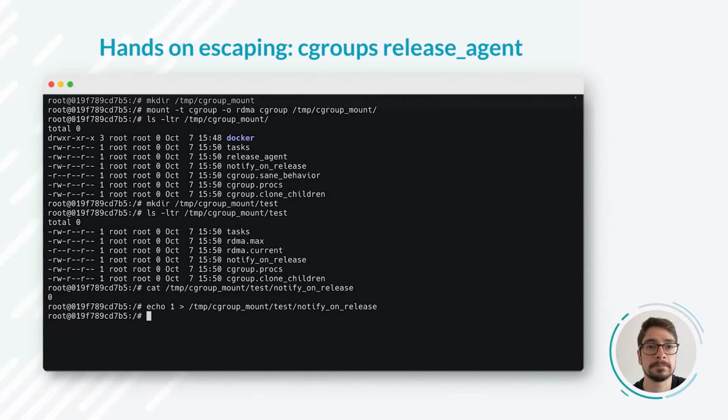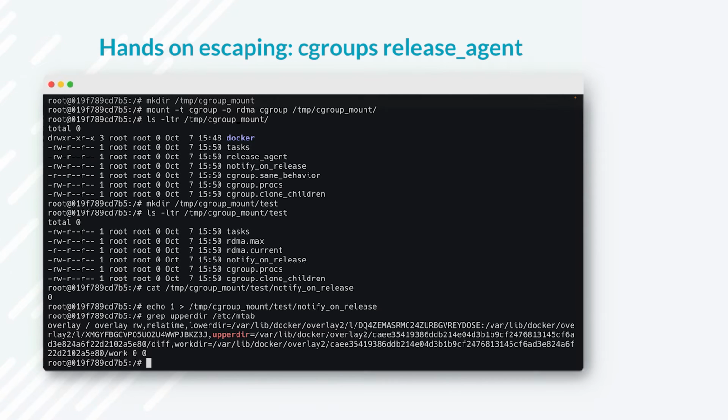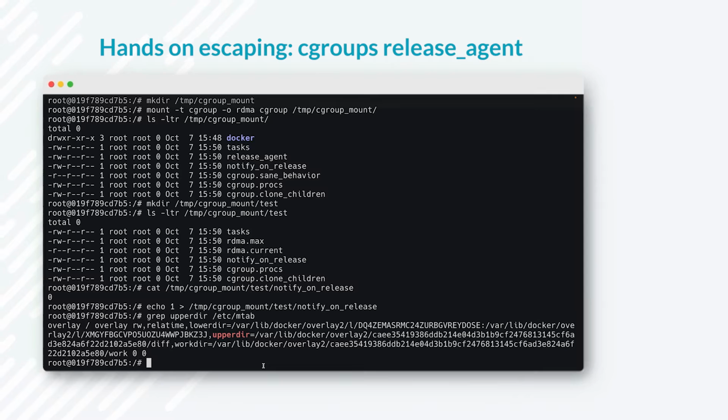So next we need to know where we will write our output. So we search for the upper directory of the overlay mount for the image, and that's that. So this is basically on the host system the path where our container storage is, at least the upper layer